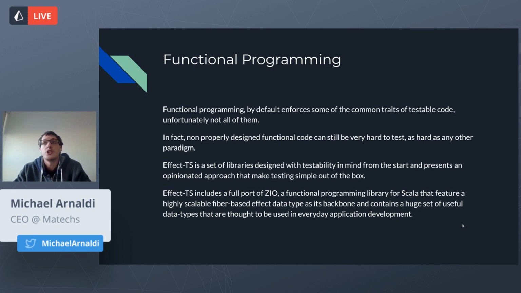What functional programming brings together is instead some other traits, like the single purpose of functions and the separation between purity and impurity. So functional programming by default has some of those traits, but not all. And this talk is going to be about a design pattern that enables testability while being purely functional, with preservation of efficiency. We're going to do that first by hand, and at the last part of the talk, I'm